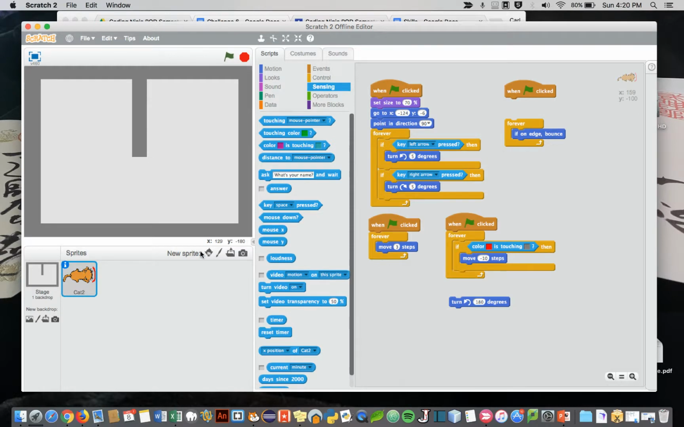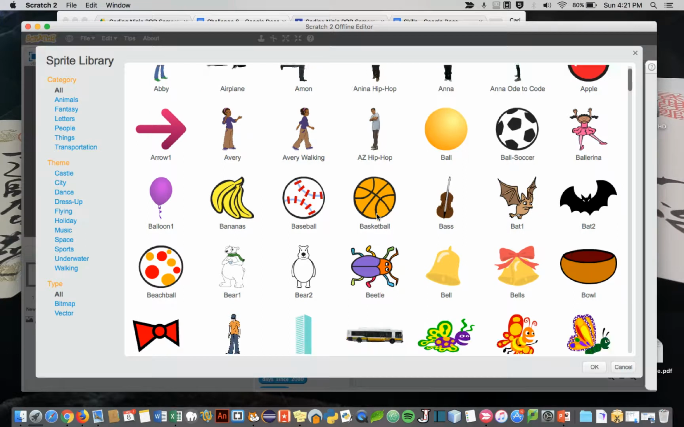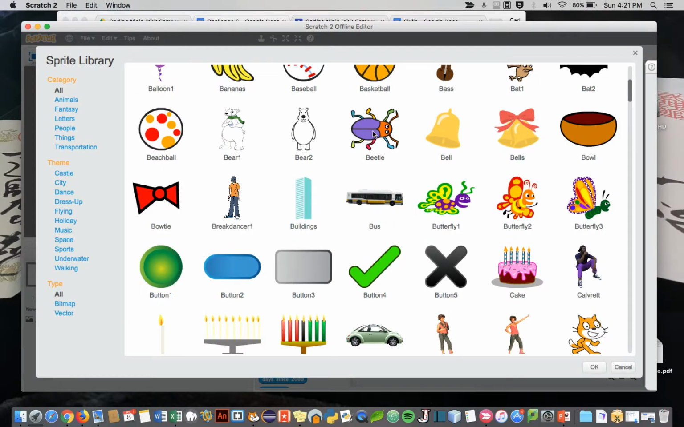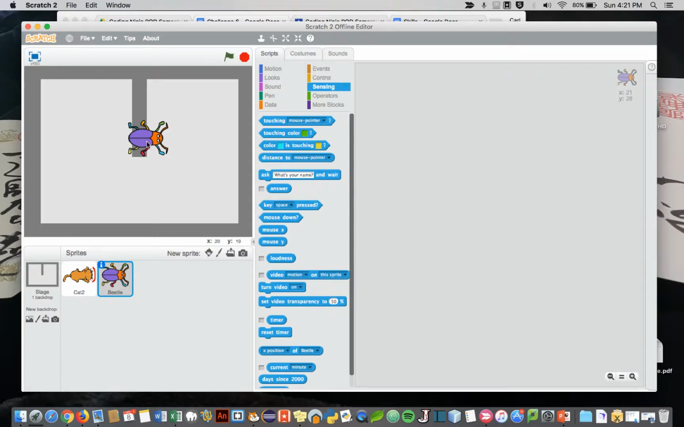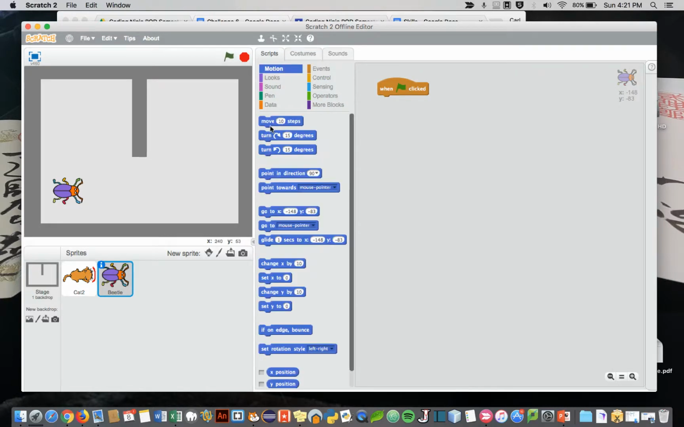and we're going to grab another one from the library that's going to move forward. And well, I guess we can use the beetle. And the beetle, he can start over here. I might shrink him down a bit. Okay, now the beetle's going to start over there, and its movement's going to be using not the move block,